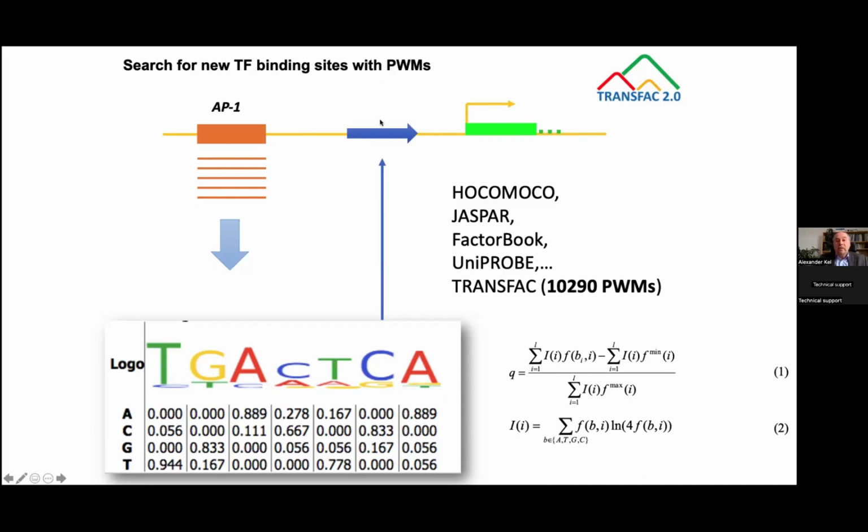Because we don't know where those factors can bind, we cannot actually explain how factors regulate the genes, regulate the gene expression. But still, let me go a bit into detail on how this prediction works,